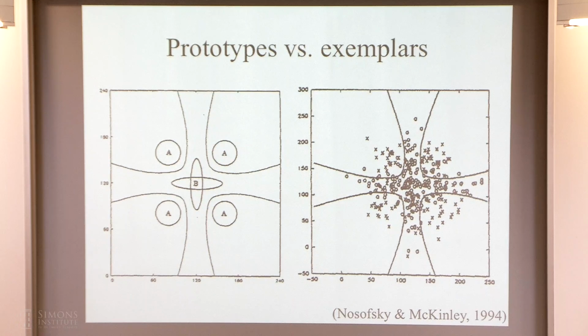Okay, so one implicit point in the models I've been talking about so far is the idea that we have a way of measuring what similarity is, right? So I said you decide whether something is a cat or a dog by measuring the similarity of that thing to your prototypical representation of a cat or a dog. What does it mean to measure similarity?